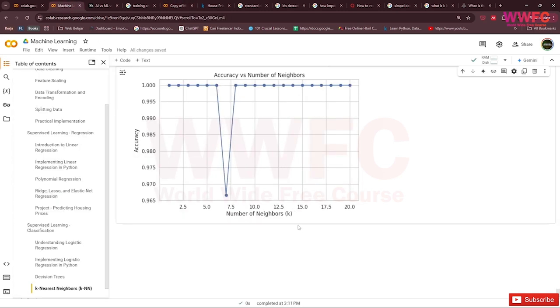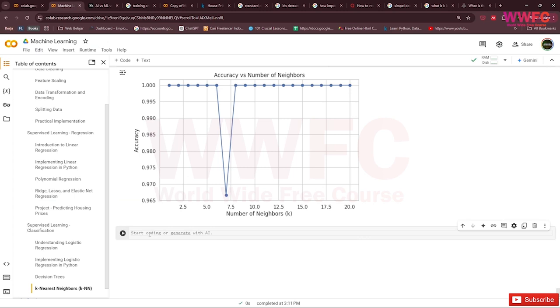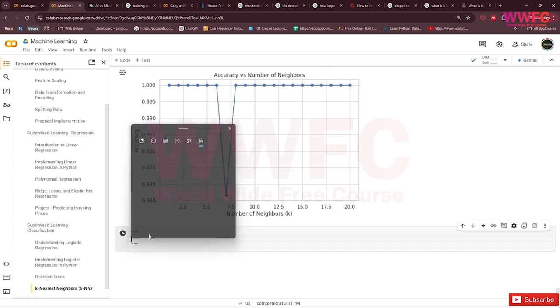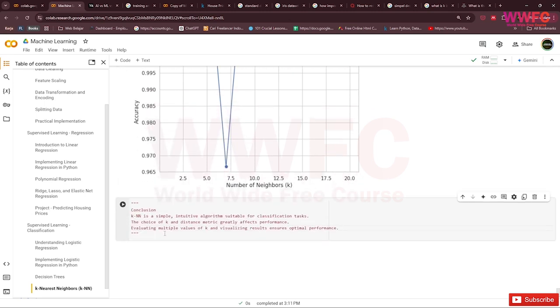Okay, I will make the conclusion here. KNN is a simple, intuitive algorithm suitable for classification tasks. The choice of k and distance metric greatly affect performance. Evaluating multiple values of k and visualizing the results ensures optimal performance.